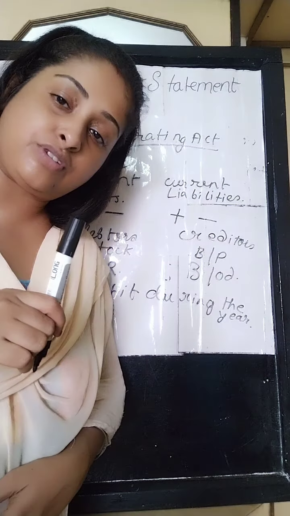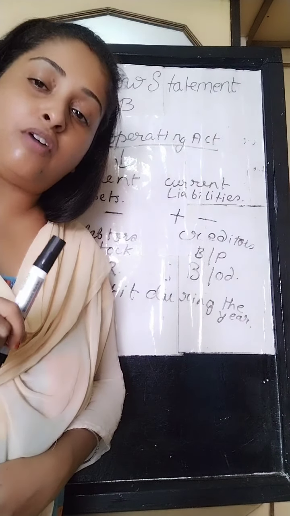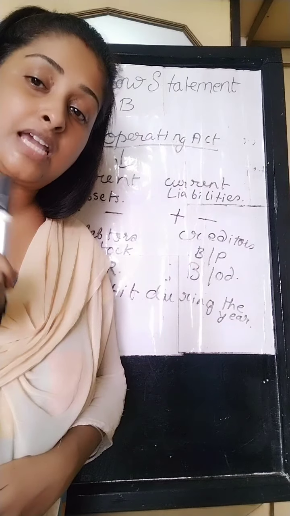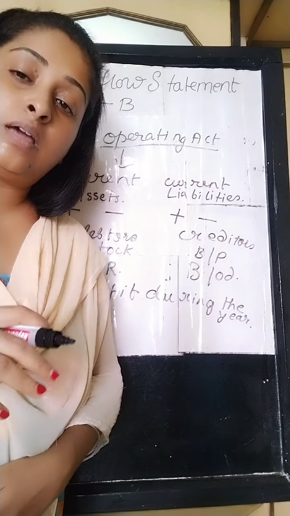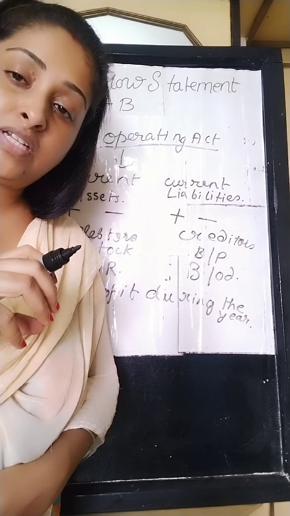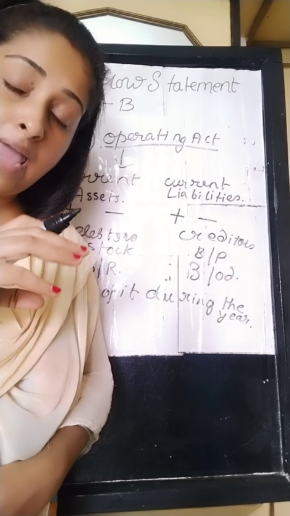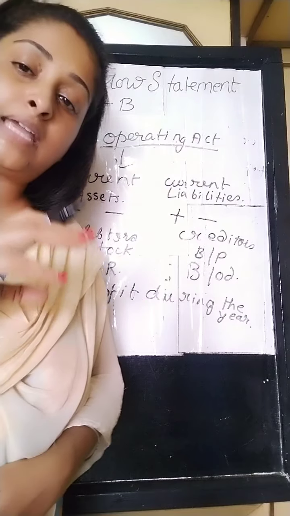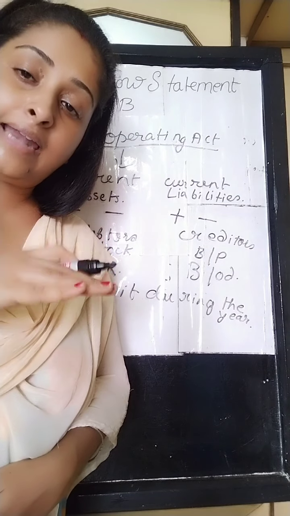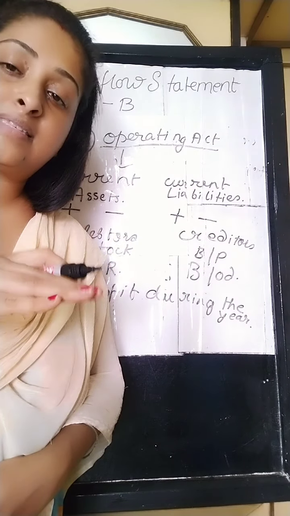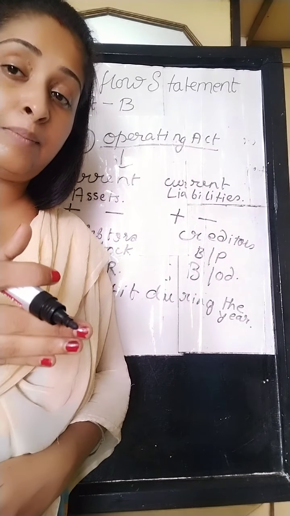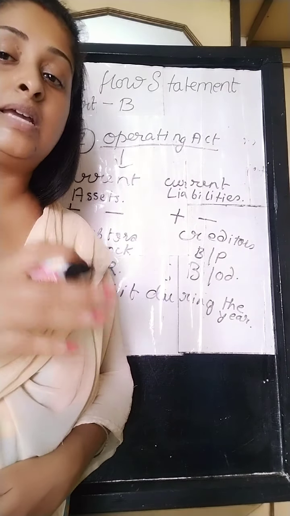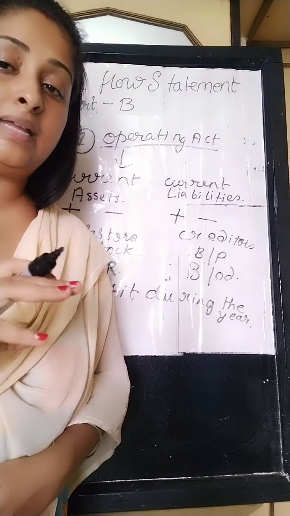So first we will try to find out the net profit from the sum, because the cash flow statement starts with net profit. In this net profit we have to do the calculation of adding and subtracting the creation or disposal of current assets and current liabilities, which is the main part of operating activities.